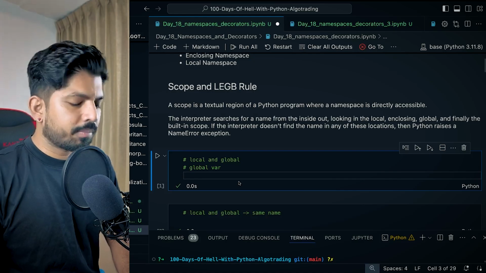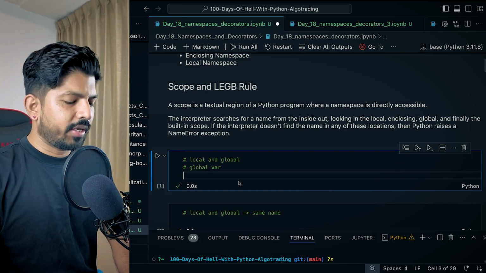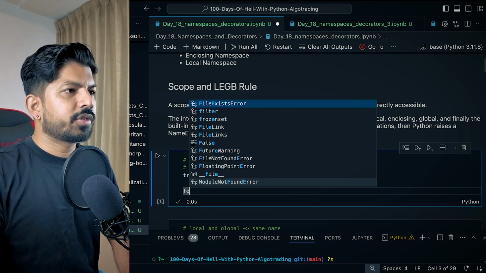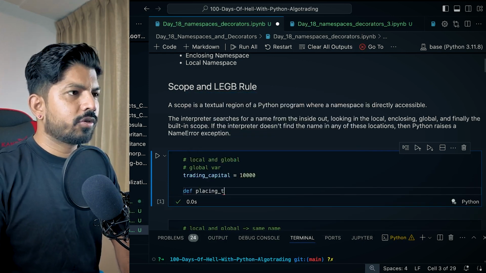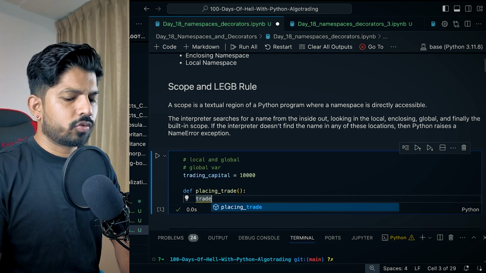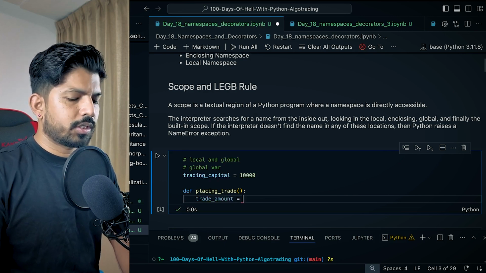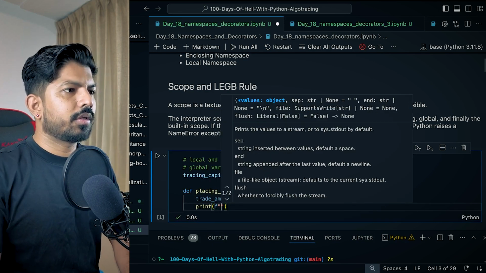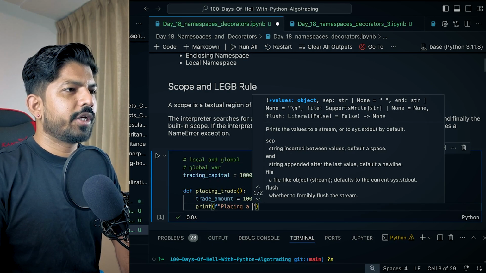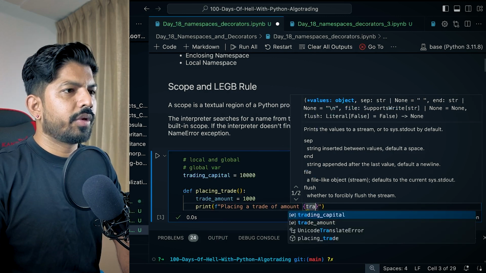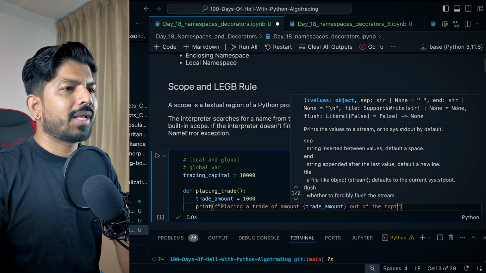Okay, now let's create a program. We'll define a trading capital of $10,000, and a function. So define placing trade, and inside that we have trade amount, let's say, 1,000. Then we can print here, "placing a trade of amount", and here we give the function variable trade amount, "out of the total capital"